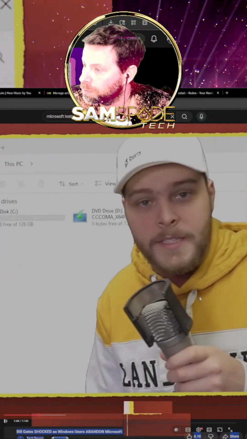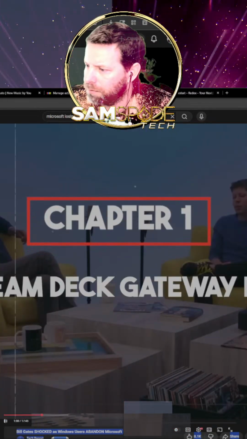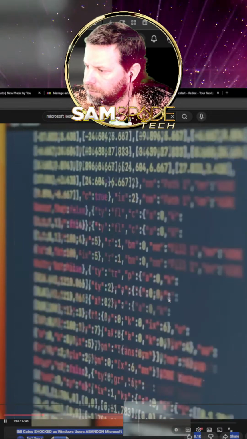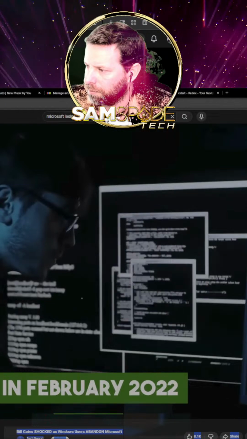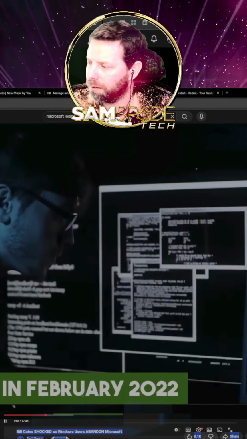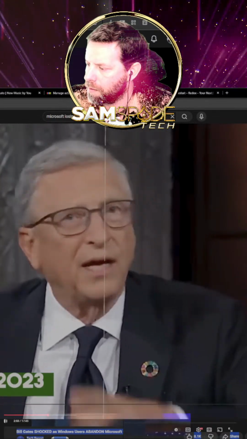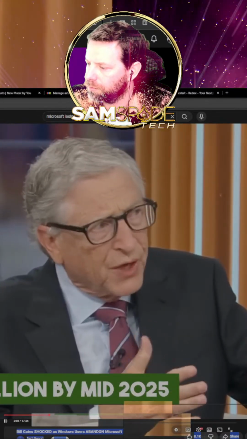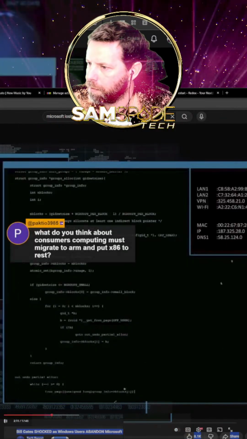Ads in there too. File Explorer now has a recommended section that tries to sell you on cloud store. The Steam Deck Gateway Effect. The migration started with an unexpected source. Valve Steam Deck, a handheld gaming PC running Linux. Launched in February 2022. Sold 3.8 million units by end of 2023. Over 6 million by mid-2025. Those 6 million gamers bought a device running Steam OS, which is built on